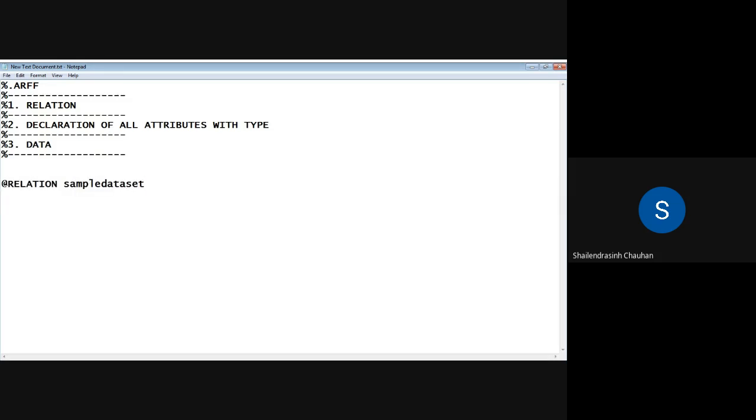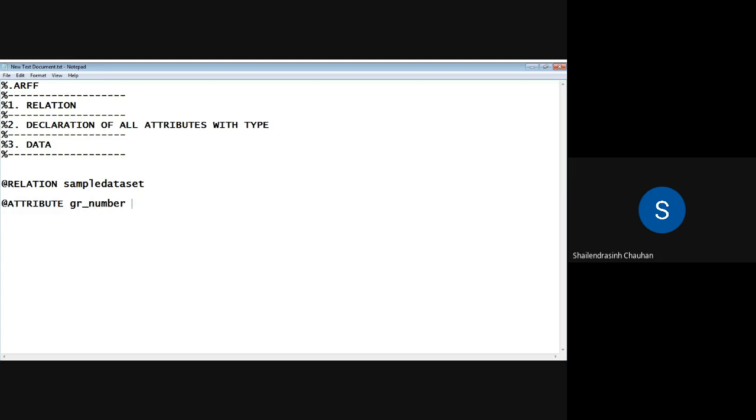Now, second part, declaration of all the attributes with type. So for that, you can do @attribute, and the name of that attribute, let us take GR number. One more thing: while mentioning this attribute name, you cannot have space. You can use dash, you can use underscore, but you cannot have space.